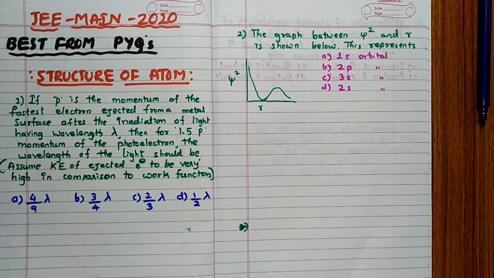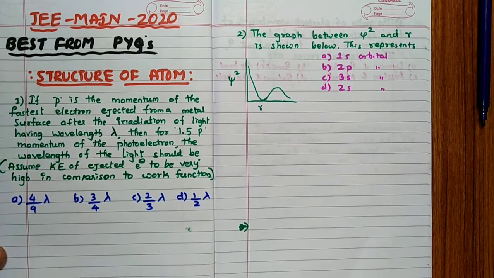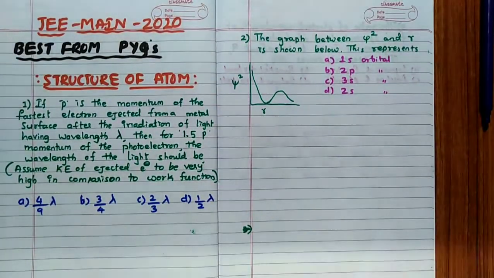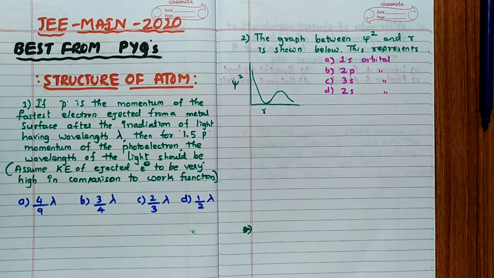Today's JEE Main 2020 series, best questions from previous year papers I have considered, that is the chapter from structure of atom. So definitely these are very interesting, very important questions that I have taken. In these questions remember you have to understand in what way we have to think, that is very important here. So thinking is very important in this particular case. That I am going to teach you in this particular series, remember.